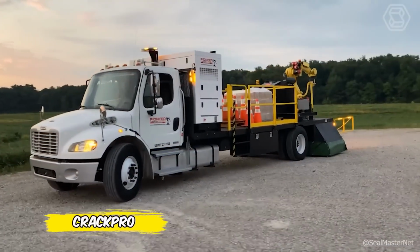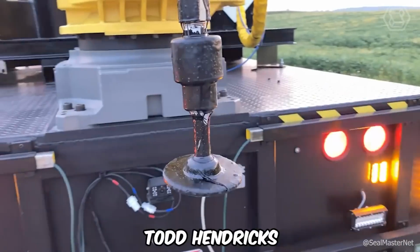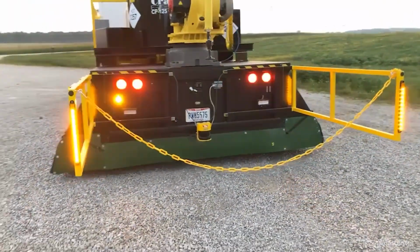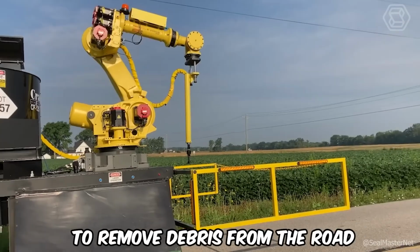The CrackPro robotic maintenance vehicle is the result of a partnership between Sealmaster and Pioneer Industrial Systems, whose president, Todd Hendricks, invented the concept. The RMV consists of a Fanuc R2000 robotic arm, a Sealmaster CrackPro 260 sealer, an air-blowing system to remove debris from the road,